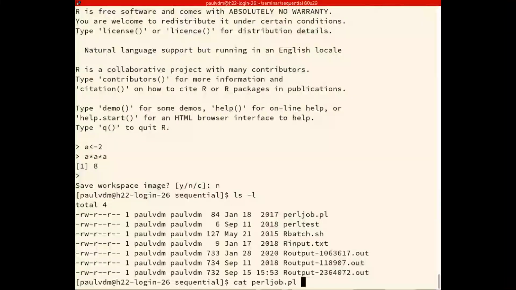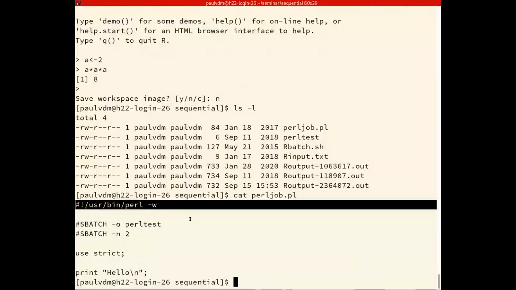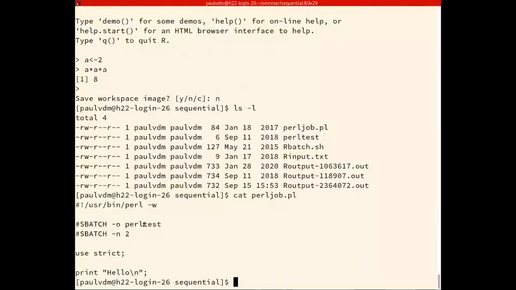Now, if you're a little nerdy, all of these batch scripts start with bash. This is an example why I use Perl. So I have the Perl command line here. The output is going to go to the file called perl test. I want 2 cores. In this case, it doesn't really matter. And here, instead of bash things, I use Perl. It's basically a Perl script. So if I just run sbatch,